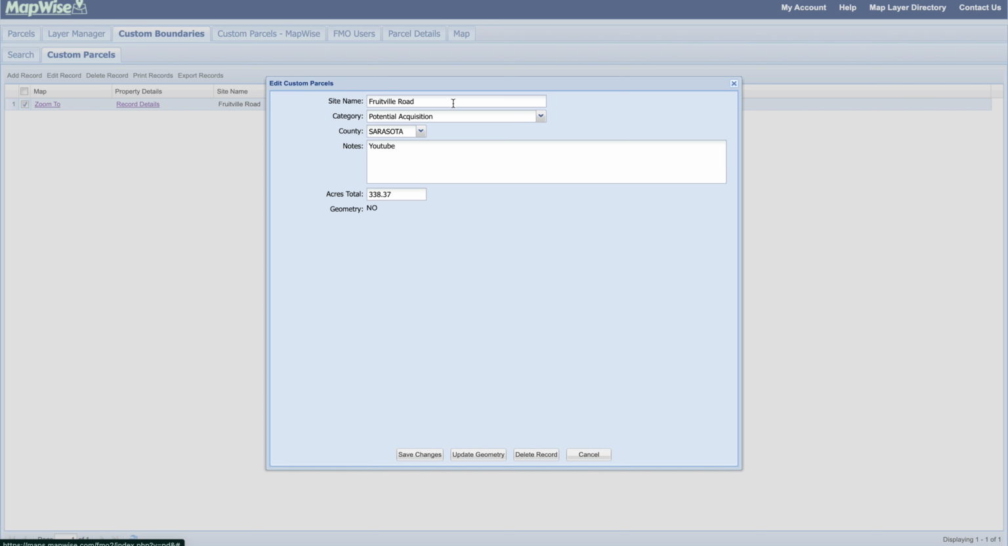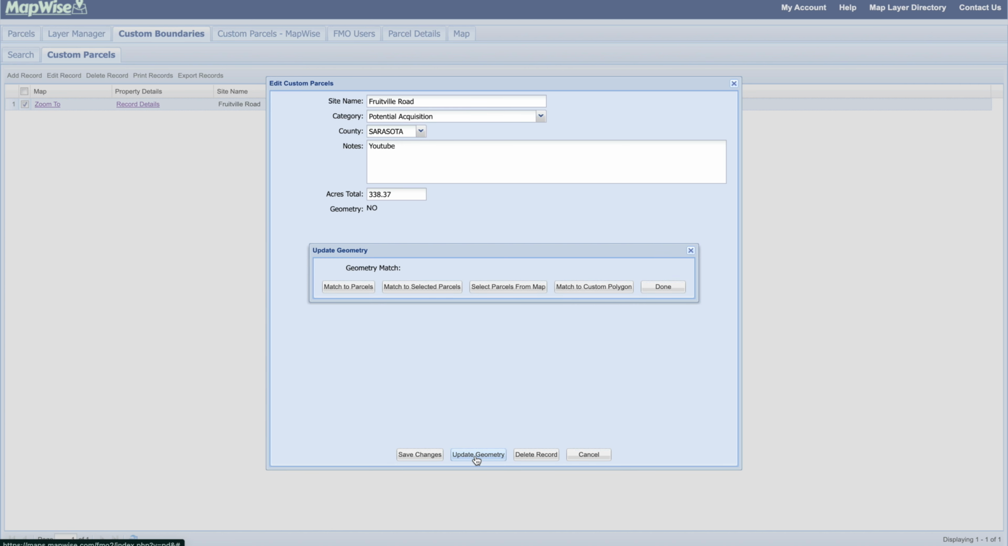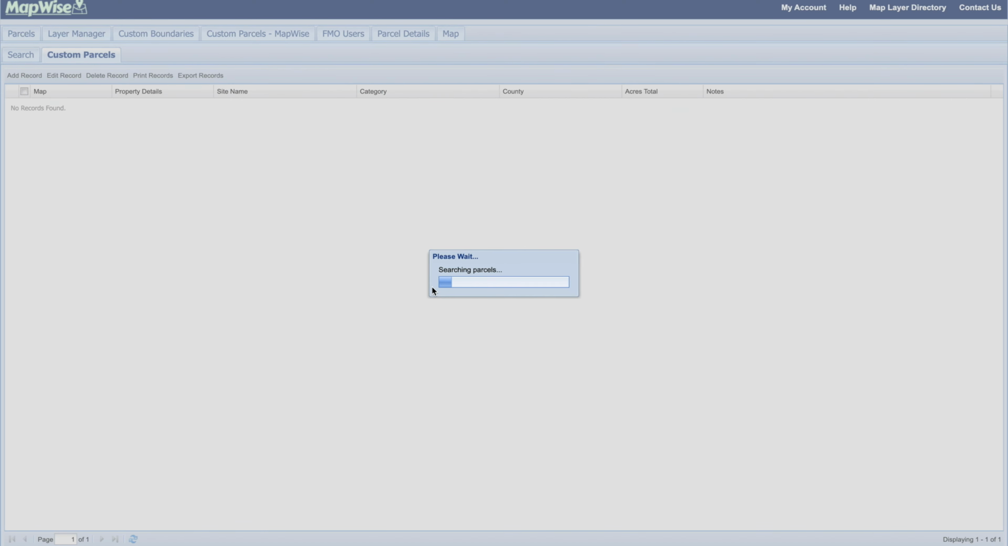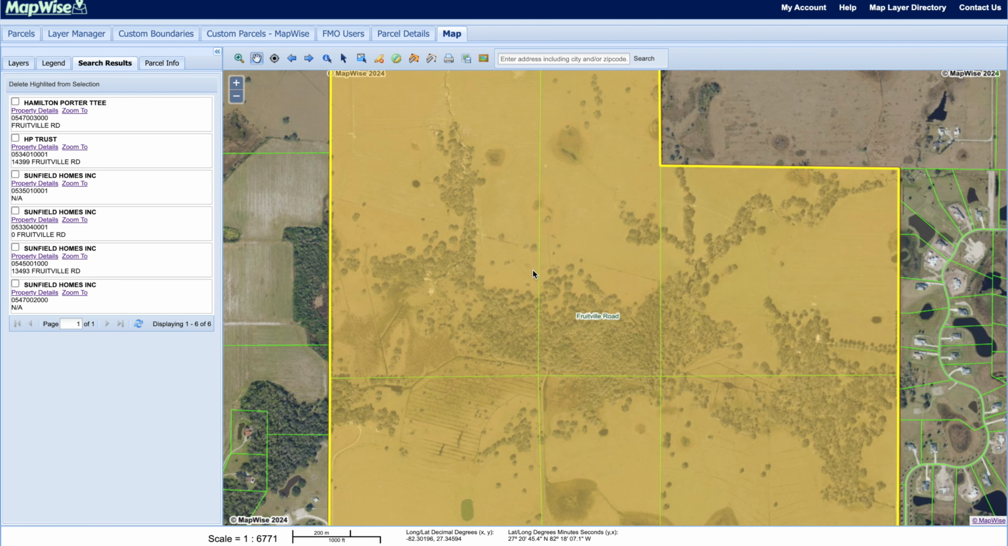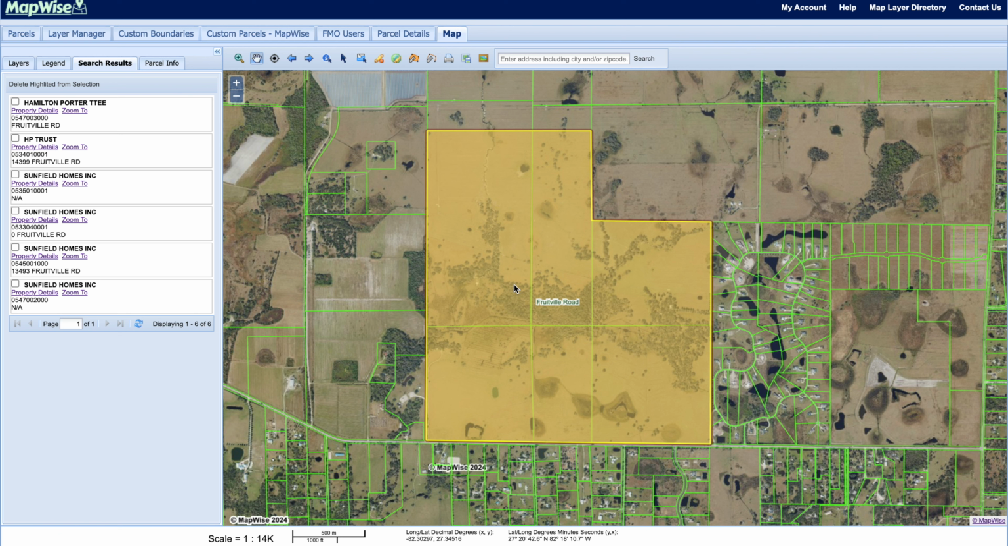In this, I can change up the name, I can change the category of this, and we can also input and update more notes. But we're going to take this a step further, and we're going to click on Update Geometry. When I do this, it's going to come up with a new pop-up here, and we'll click on Match to Selected Parcels. You can see that this just updated, so now we're going to click Zoom to, and you'll see on the map now, we've added 4 more parcels to that already existing custom boundary,